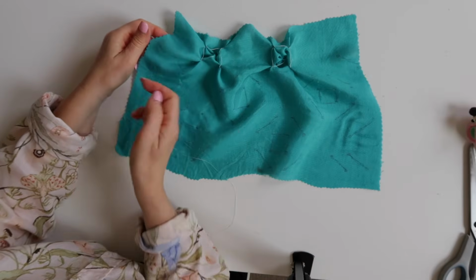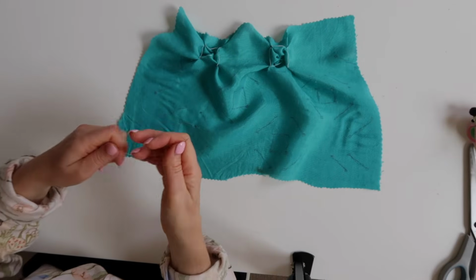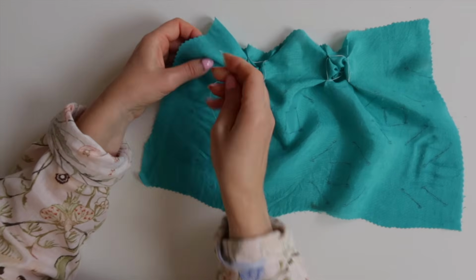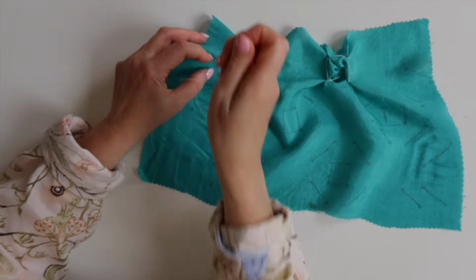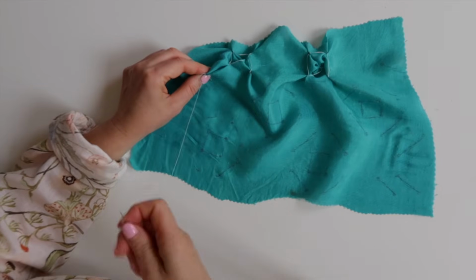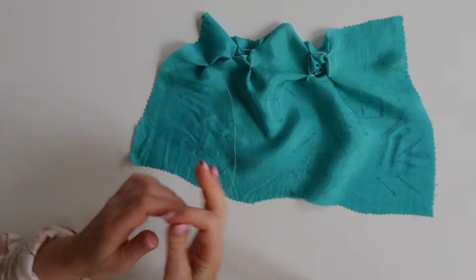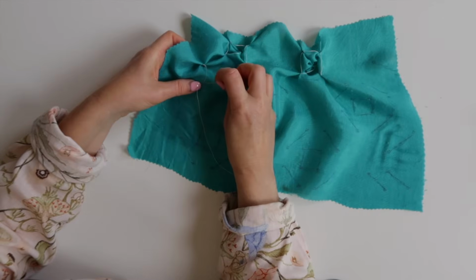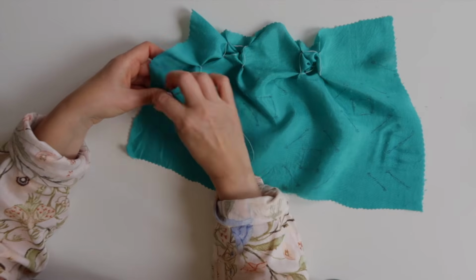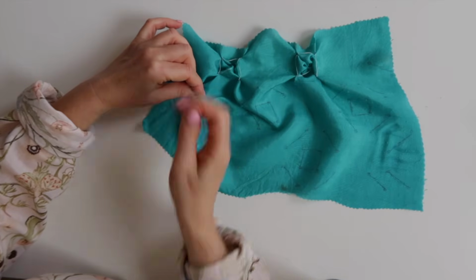And then, because obviously this is a small piece of fabric, I've just got part of the design on over here, so I'm just going to do those two diagonals. So I'm just going to sew those together and do exactly the same, drawing the fabric in, pop in a stitch, taking the needle through, tie a knot. I'm going to do this one. So small stitch, small stitch, gather the fabric in, boom,